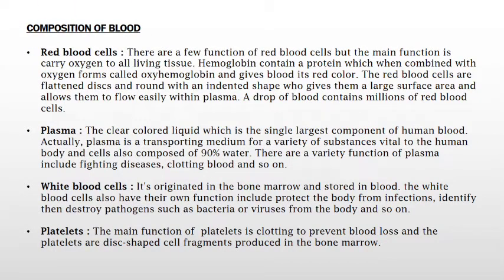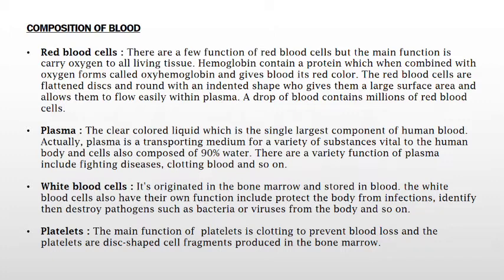Composition of blood. The first one is red blood cells. There are a few functions of red blood cells, but the main function is to carry oxygen to all living tissue. Hemoglobin contains a protein which, when combined with oxygen, forms oxyhemoglobin and gives blood its red color. The red blood cells are flattened, round discs with a dented shape, which gives them a large surface area and allows them to flow